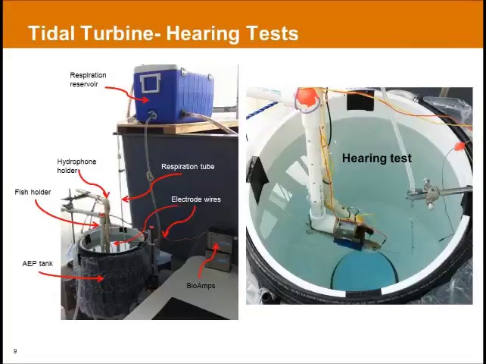And so the salmon were given a neuromuscular block. They were provided some respiration. There are electrodes that are placed just under the skin. One is over the brainstem, and the other is a reference electrode. And you can see the little blue circle down at the bottom that's an underwater speaker, and they present the pure tone to the fish. And neurologically, there's a synchronized brain response that washes over the brain to the stimulus tone that's presented. And what that looks like is on the next slide, please.